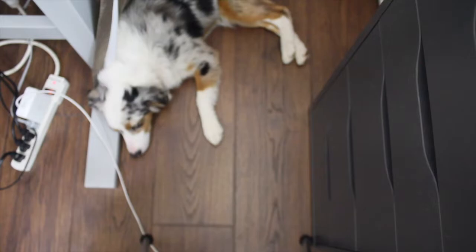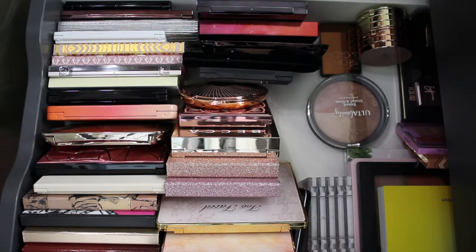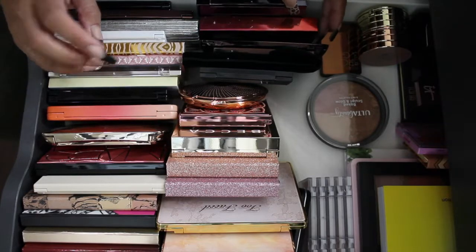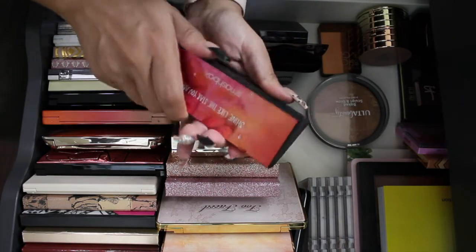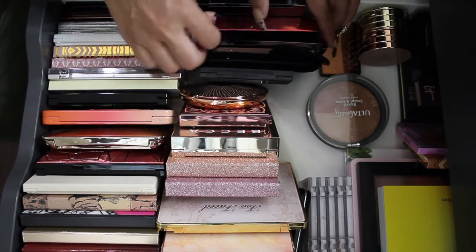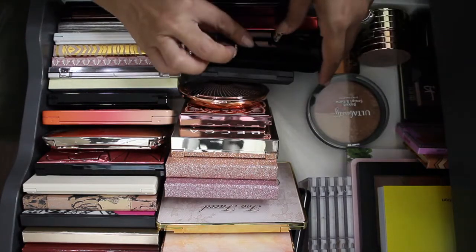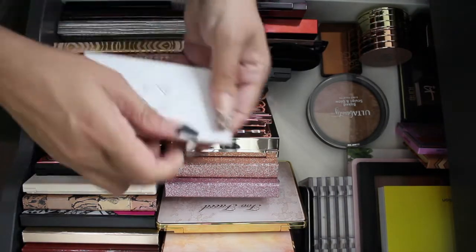Let's pull in maybe one face palette, and we'll get some bronzers, blushes, and whatnot. For a face palette, I'm just gonna try and keep it somewhat simple because I do have a quad and whatnot. Let's see, which one? Do I remember this one? So we got 2 highlighters and a blush. No, I don't want to do that. What about this Hourglass one? No. How about...